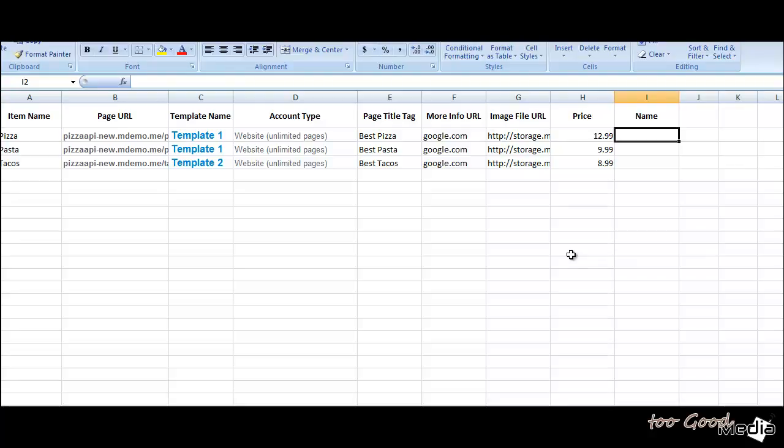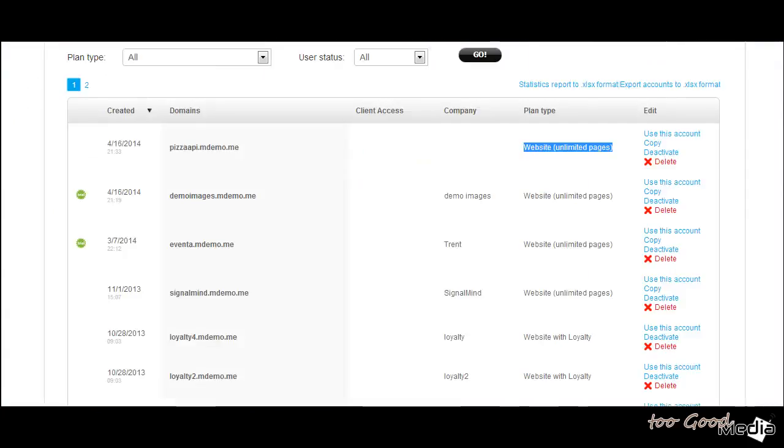So let's call it pizza, best pizza in town, pasta Alfredo. I'm not sure if I spelled that correctly, hopefully. And let's call it barbecue tacos. Okay, and save. So we saved our spreadsheet, and next step, let's go back and